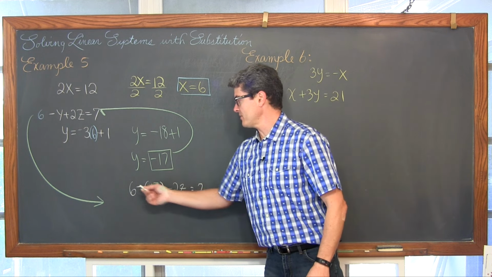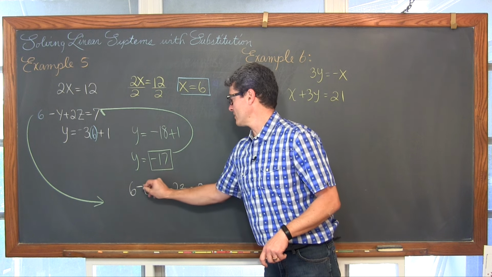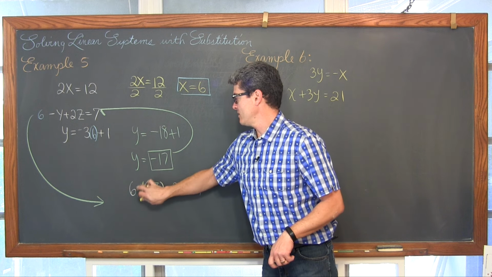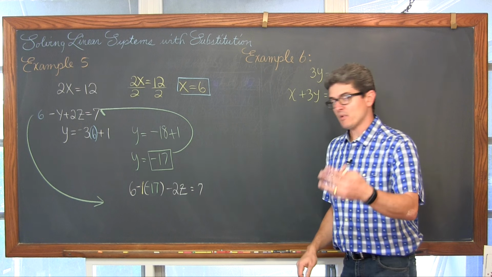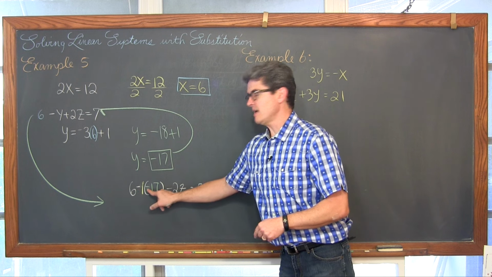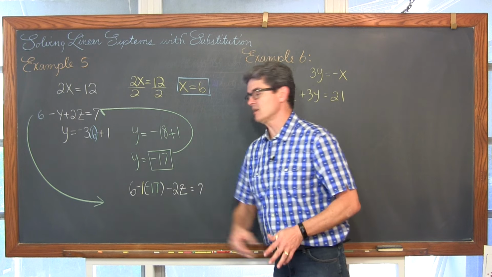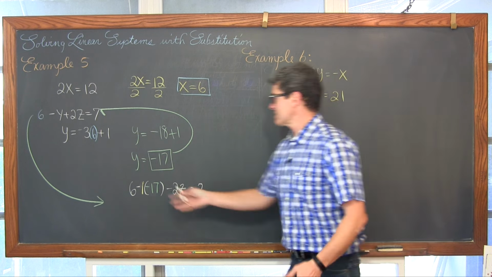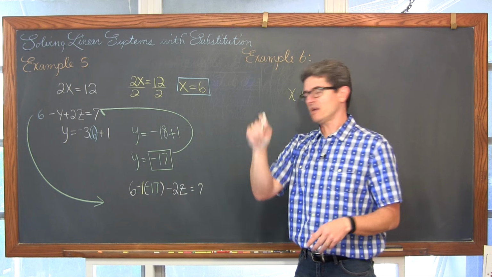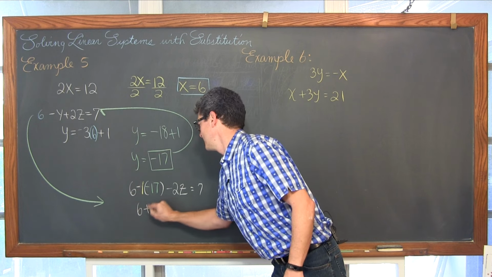And if you don't include both of those, then you're going to get the wrong answer because, again, we don't generally write coefficients of 1 because it's the multiplicative identity. When you multiply by 1, nothing changes. But if you slip that 1 in there, you realize that minus a negative number really is 6 minus 1 times negative 17. And when you multiply two negatives, you cancel out and make a positive. That's how the two negatives side by side cancel out. A lot of times you just write a plus sign through there, and it looks like a plus sign, and it is. It's really negative 1 times negative 17.